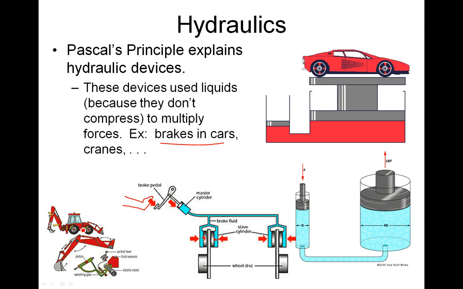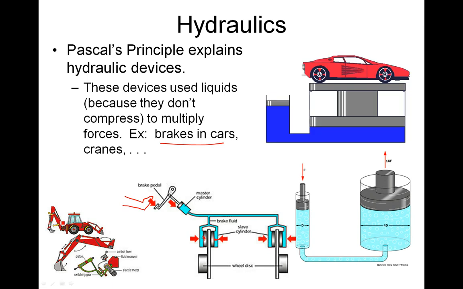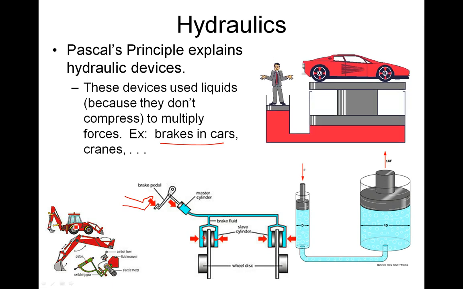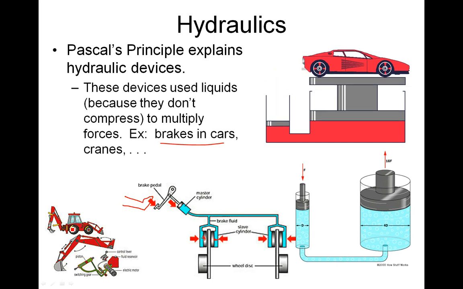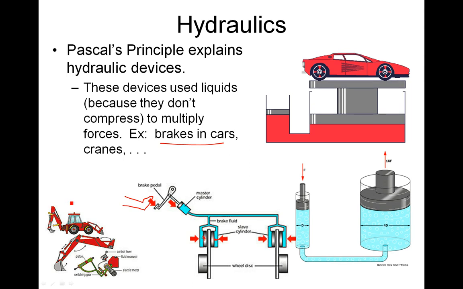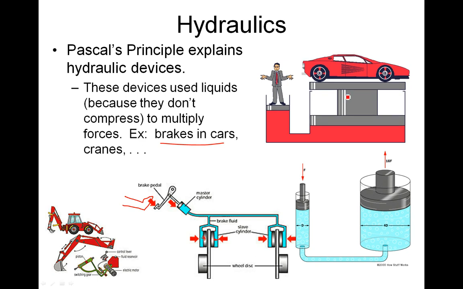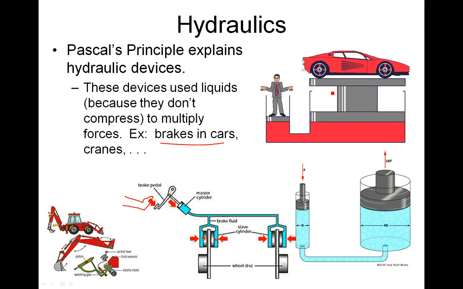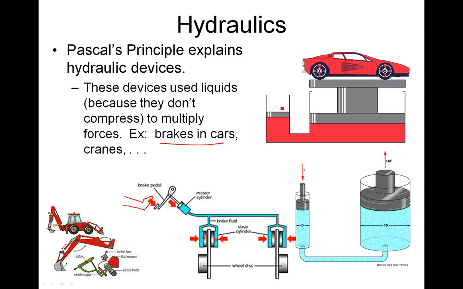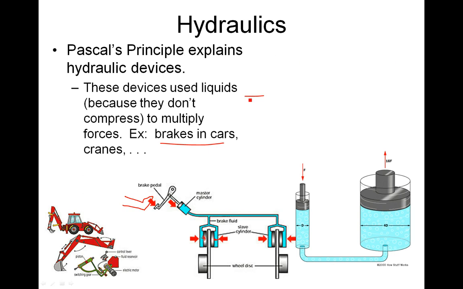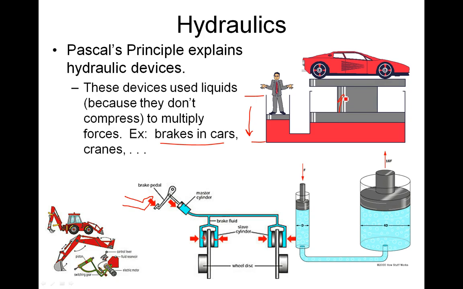You have your one engine in here, and then you have tubes of fluid that go to all parts of the crane. And then the operator has these different controls, and he can control where the pressure is put on the fluid, and then the fluid will transmit the pressure and make the crane arm do all sorts of different things. I'll show you an example kind of like this car example here. So you go to get your car's oil changed, and they put it on a little platform that raises because of hydraulics. Okay, it's a hydraulic fluid. And I'm going to show you this. The idea here is that you have a big distance here to go down, and then a littler distance. So even a light person